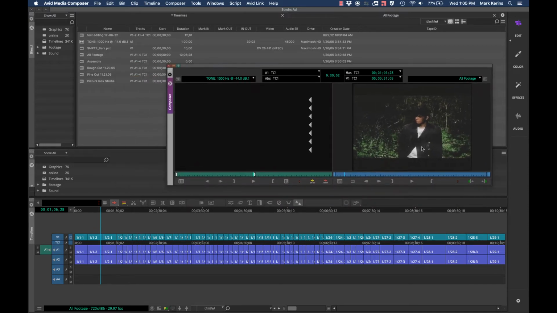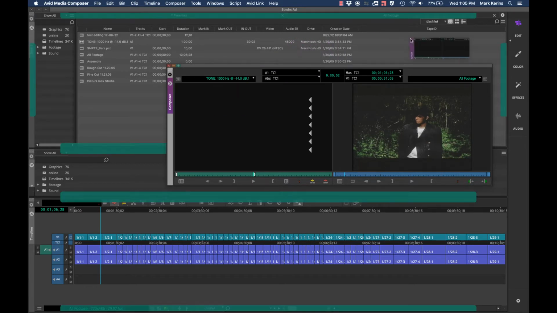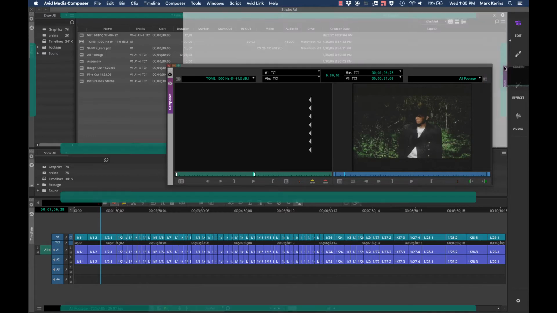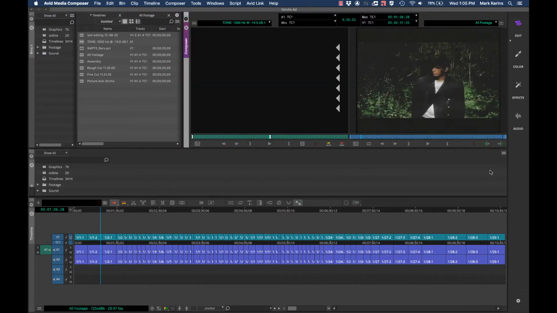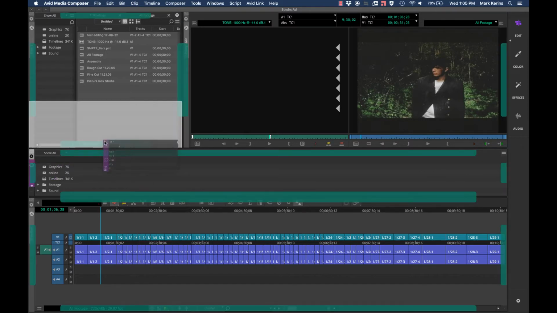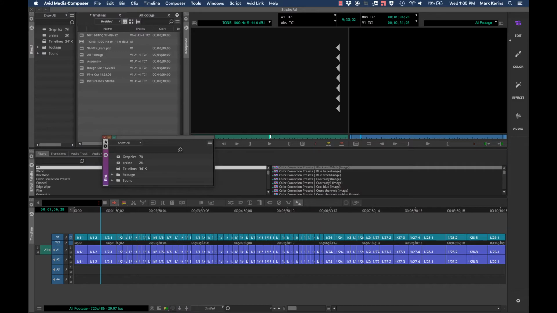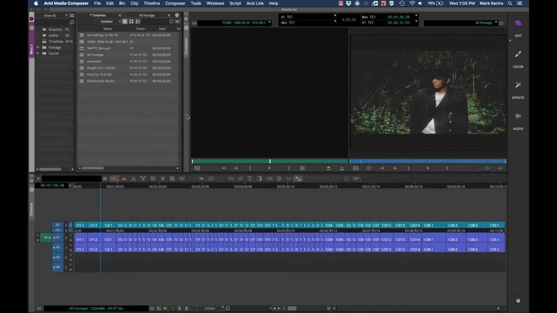But it also means that some things end up behind other things and such. So there are ways around that. I'm not going to get into that hugely here, but just wanted to point this out. And for now, I'm going to lock this back over where it was. You can see this actually did create something that wasn't exactly what I wanted. Now I've got this going across the whole thing here. So I'm going to move that up there and close my effect palette and get back to this